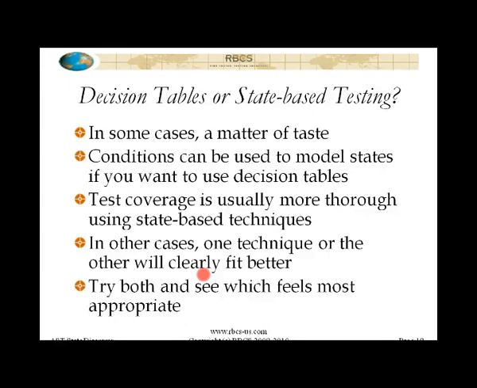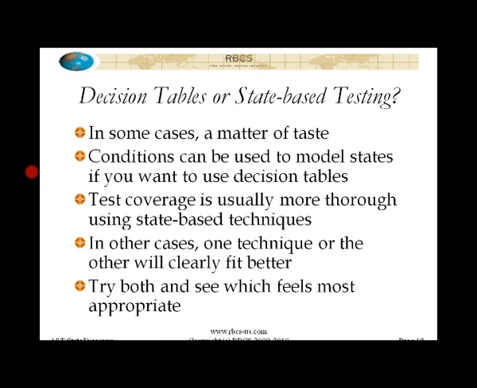And that gets cumbersome after a while because the number of conditions starts to really grow in the decision table. Especially if you're going to try to create a full decision table that shows all combinations of conditions, you start to get a lot of can't-happen kinds of combinations because you can't be in two states at once. It's also true that the state-based technique, as a general rule, I'm not saying this always applies, but